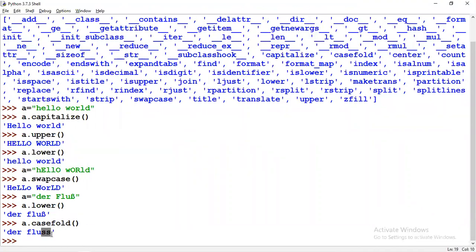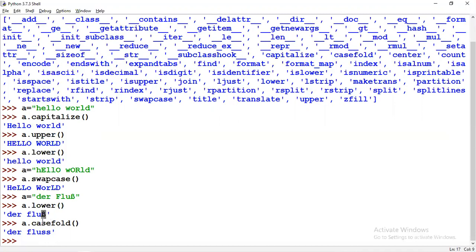So why it's converted to ss is because when it observes this special character, whatever it understood, it used to convert. So we are not actually converting this; this is based on the ASCII characters and the UTF-16, those kind of letters. It's actually converting to letters. So we used to go for the sentimental analysis in the data analytics in artificial intelligence. When we are going for a sentimental analysis, we need all those things.